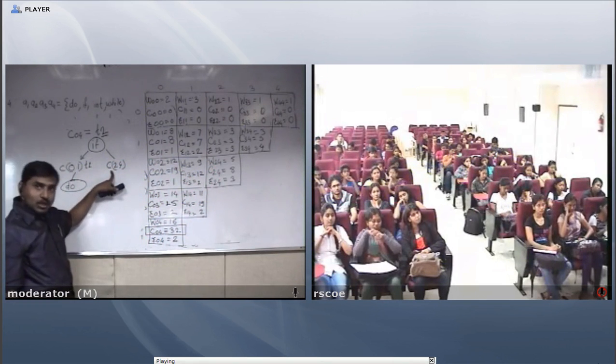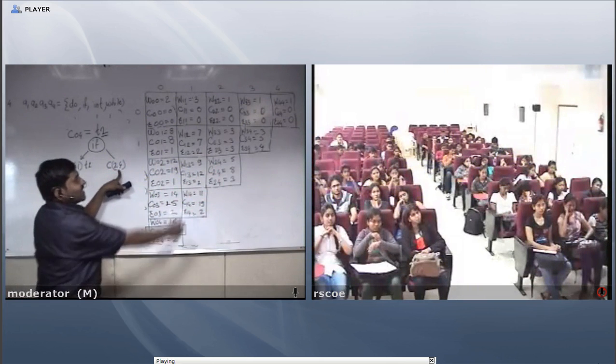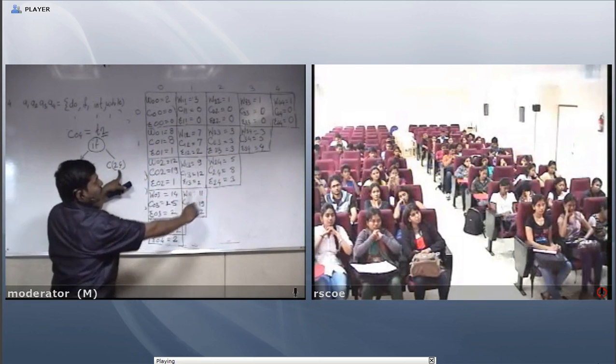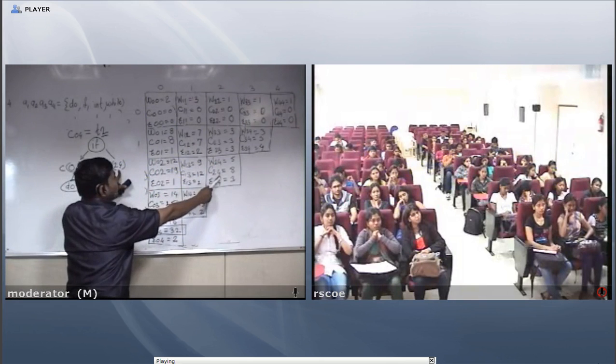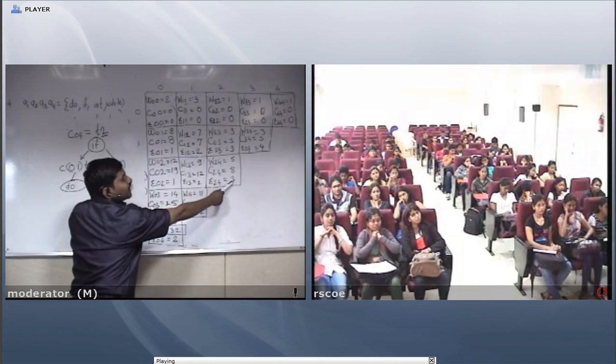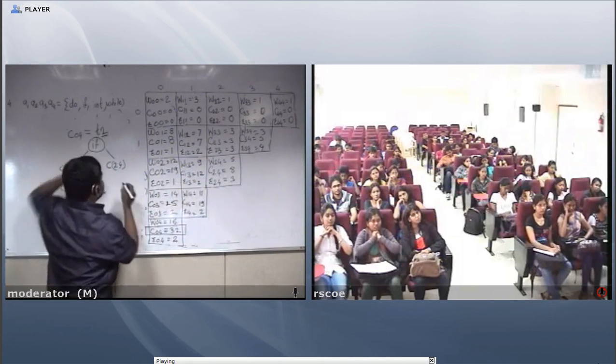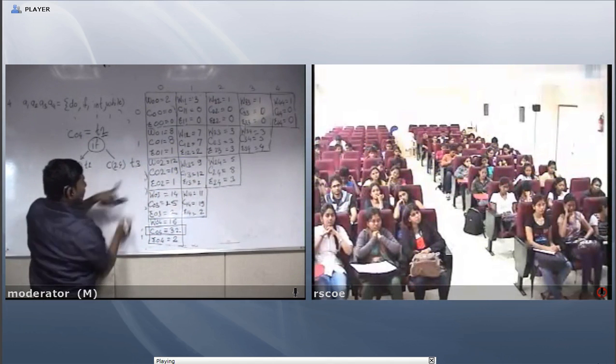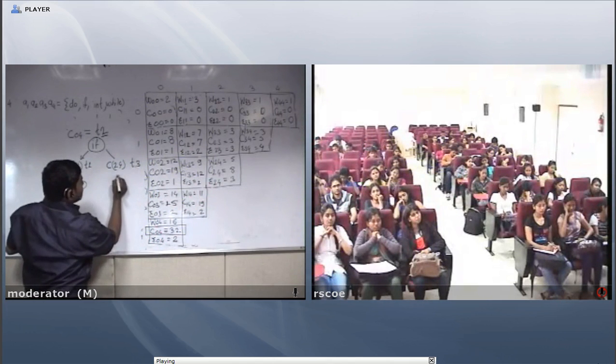Again, what is the best root from 2 to 4? I see the chart, 2 to 4. Okay, what is the best root? The third element. What is the third node? I got the third element, and that is nothing but 'int'.